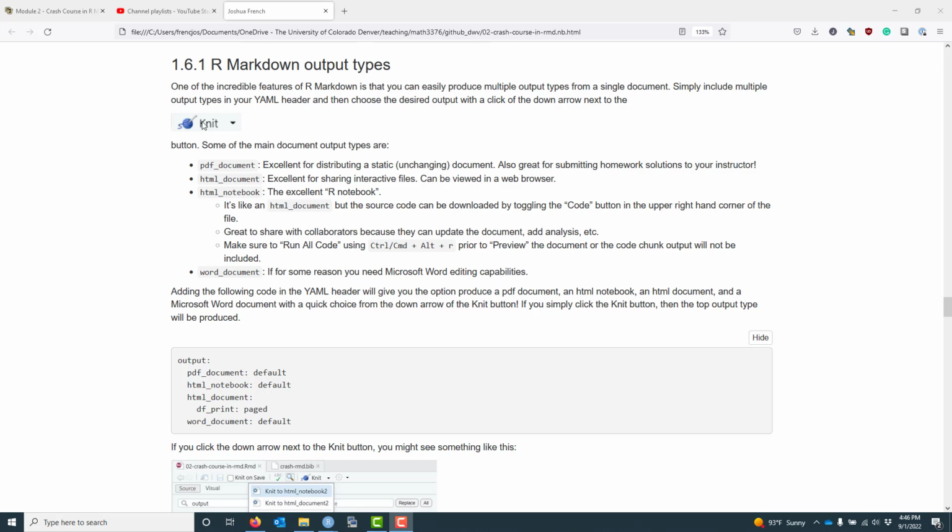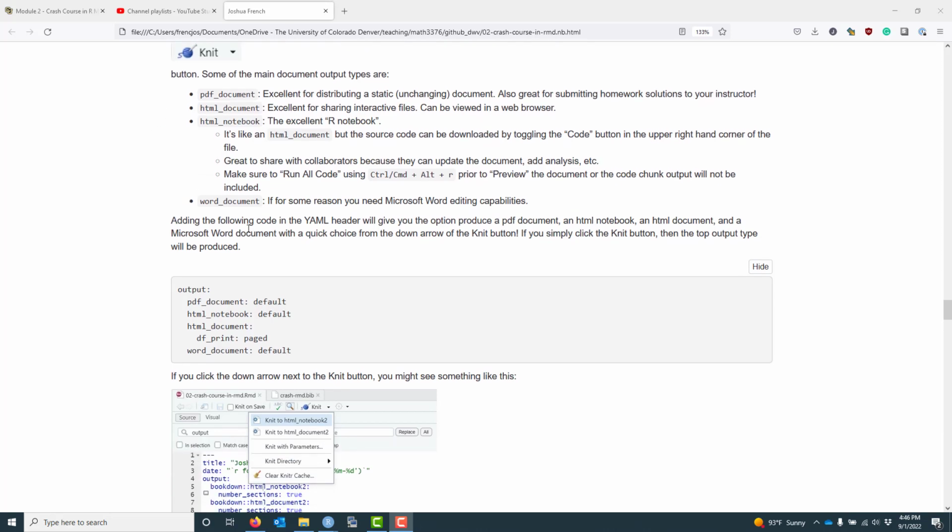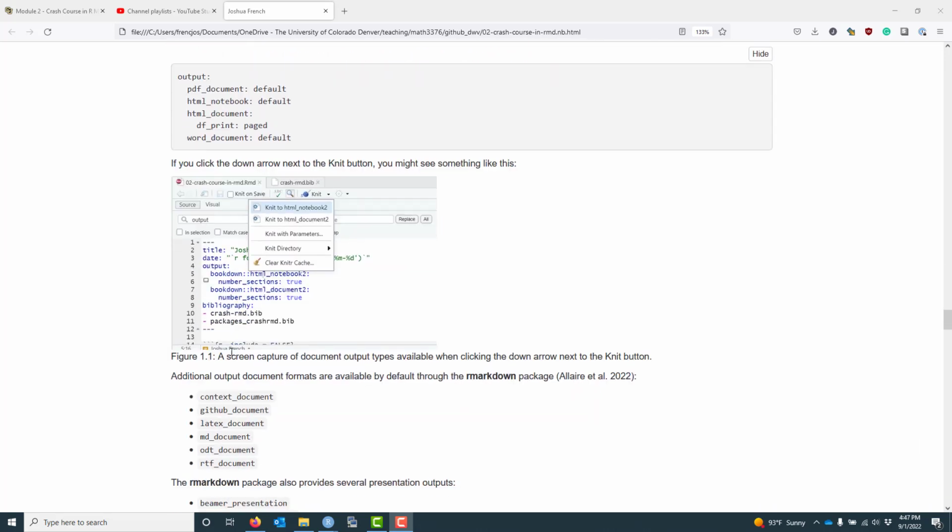So if for some reason you need Microsoft Word editing capabilities, you can actually use that as one of the outputs of your R Markdown document. So consider the following code added to the YAML header. By including this code in your YAML header, you could produce a PDF document, an HTML notebook, an HTML document, or a Word document simply by clicking the down arrow next to the knit button. This graphic right here gives you an example of what I'm talking about, but we can actually do that in